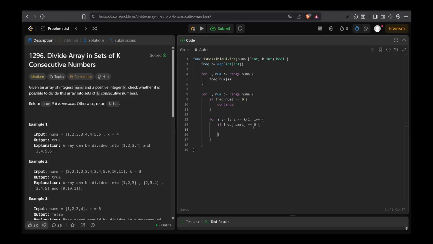Imagine we have started with 1 and we are currently at 3, that means num plus i is 3, and we are saying that 3 is not available. So the subarray will end at 1 and 2, and that is not of the required length, right? So that means here we cannot form a subarray and will return false. Else the number is available and we'll just reduce its frequency